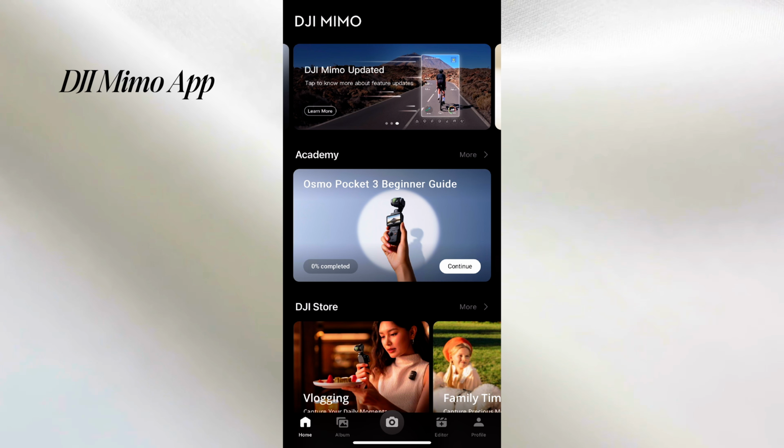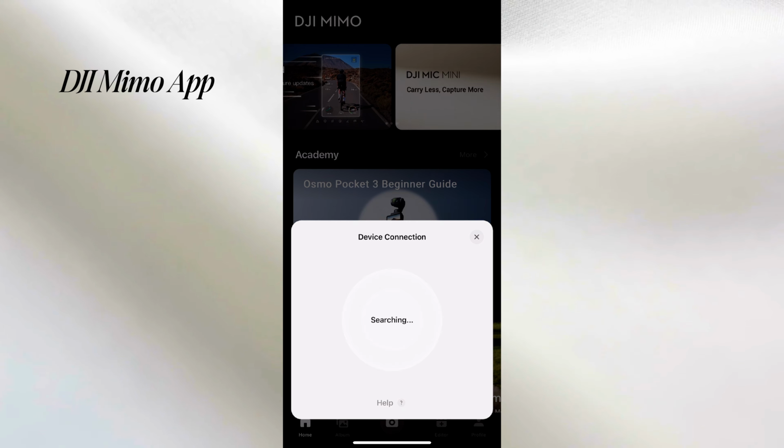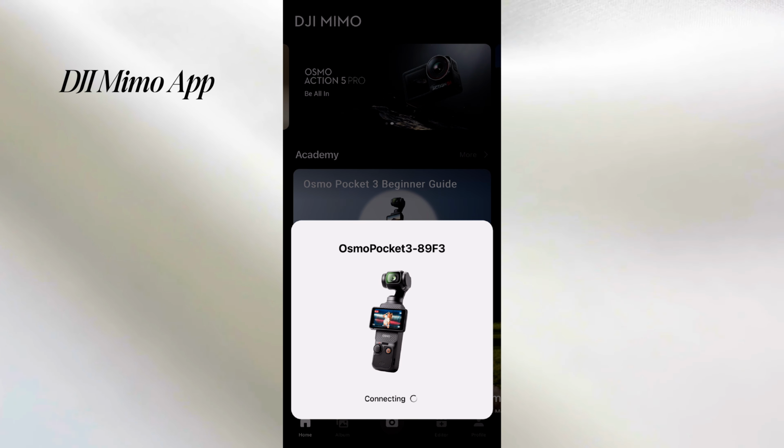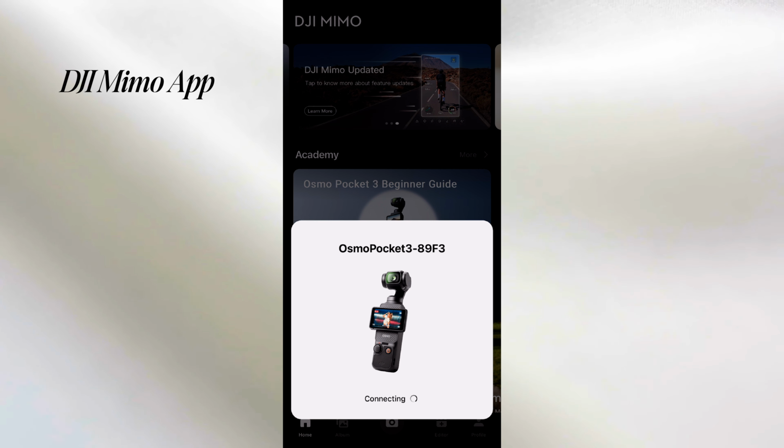Right now I have it sitting on the tripod that comes with the creator combo as well as the mini battery pack at the bottom. So there is a DJI Mimo app that you guys can use. I prefer to import the footage to my computer and I edit on CapCut, so that's what I use, but